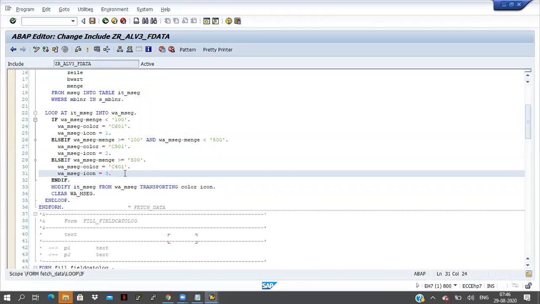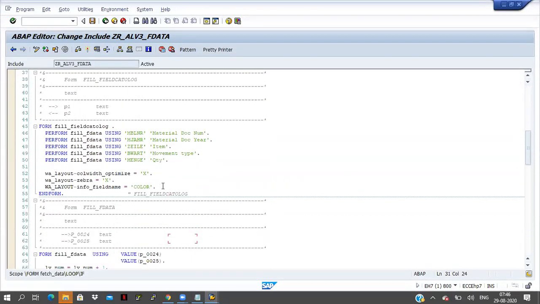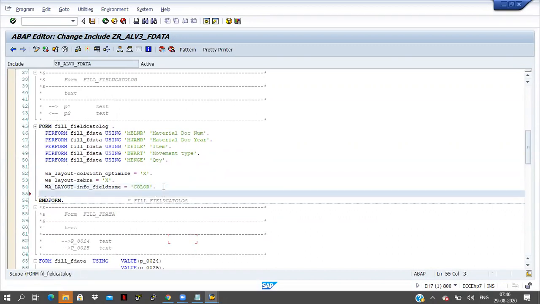icon number 3 here. Now in the work area layout, we have to add one more thing here. This is the traffic light side. So in the layout, lights field name equals icon.